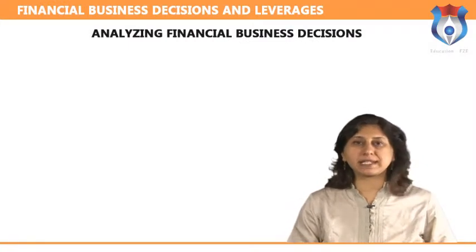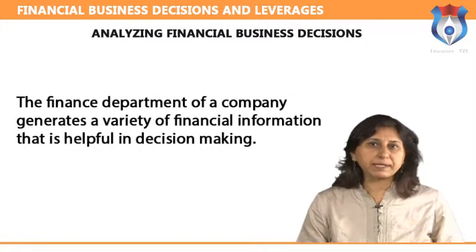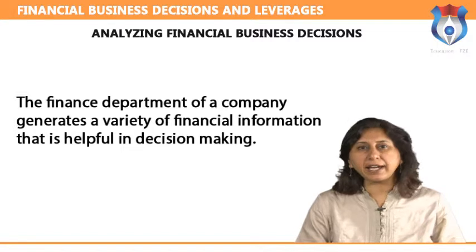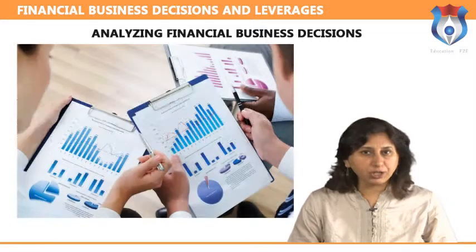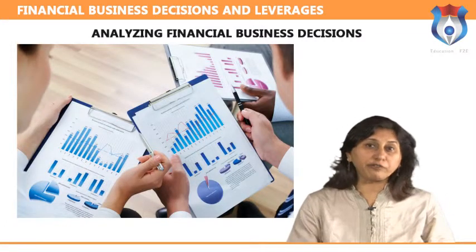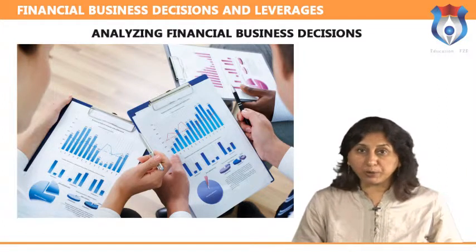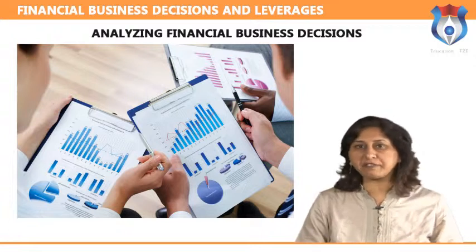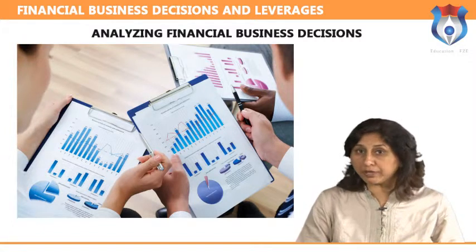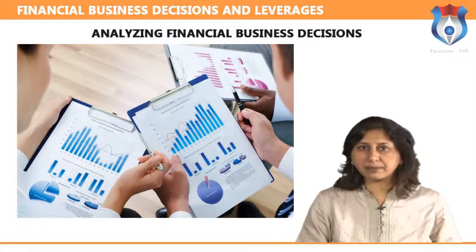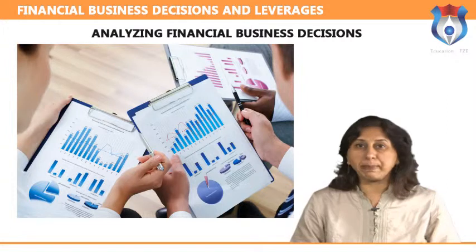Analyzing financial business decisions. Let us start with how the finance department works. The finance department of a company generates a variety of financial information that is helpful in decision making, including profit and loss accounts, providing details of whether the business is making efficient use of financial resources. By providing a steady and up-to-date flow of information, a business is able to make appropriate decisions about how to reduce costs, how to increase sales, how to raise profitability, when to purchase new capital assets, the best sources of